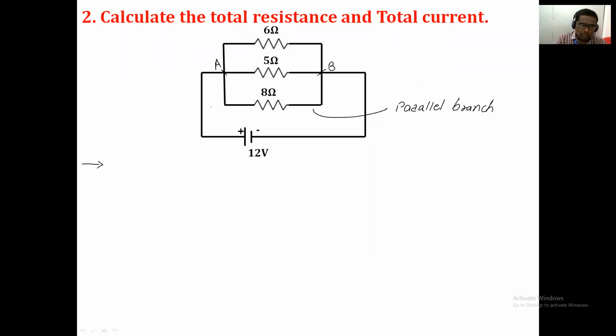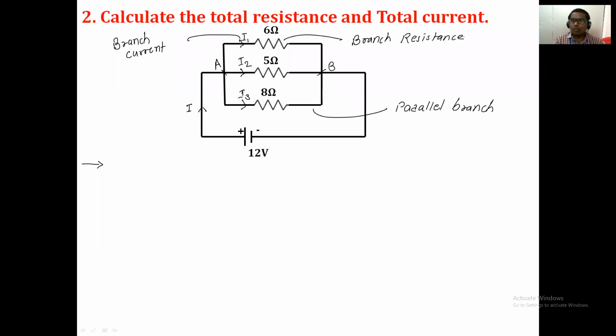When a current of I ampere starts its journey and comes to point A, the current is divided into the 3 parallel branches, because there are 3 parallel branches. So the current is divided three times. Let's assume I1, I2, and I3. These currents we call branch currents, because each flows through one particular branch. And the resistance of that parallel branch we call a branch resistance. Let me clear these terms.